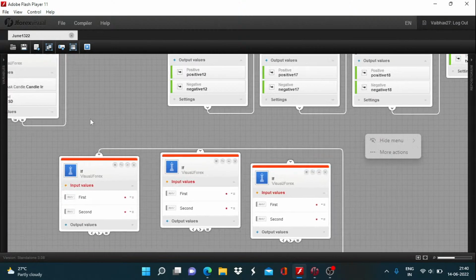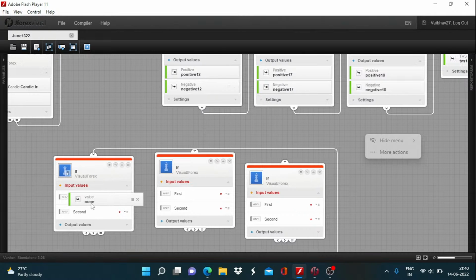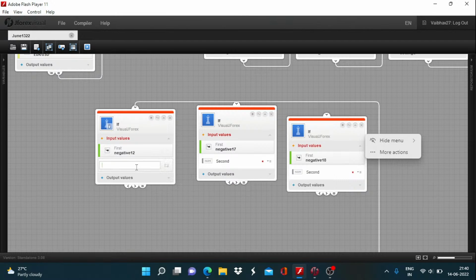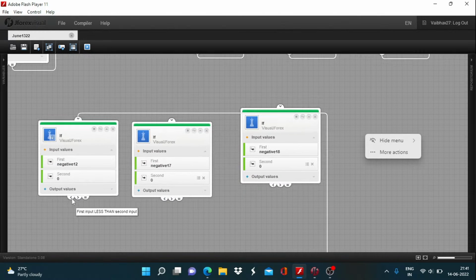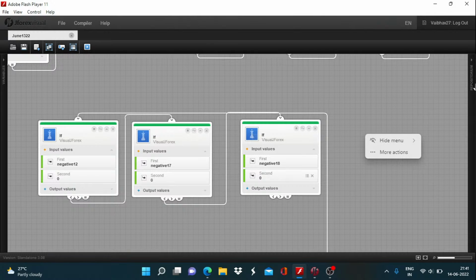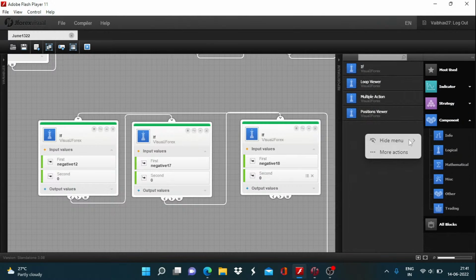Alright. And the second input is going to be common 0. Here also 0. 0. Alright. First input less than second input. First input again less than second input, and the same case will have to be followed